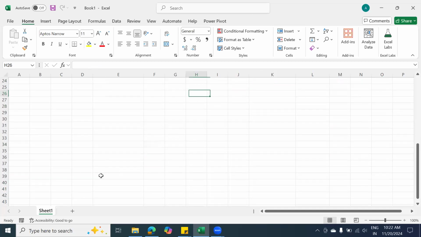Sir, excuse me, sir. Sir, once again tell about DBMS full form. Can you please repeat your question and can you please make it louder? Your voice is very low. Again tell me about DBMS full form, sir. Database management system. And RDBMS stands for Relational Database Management System. Thank you, sir. You're welcome.